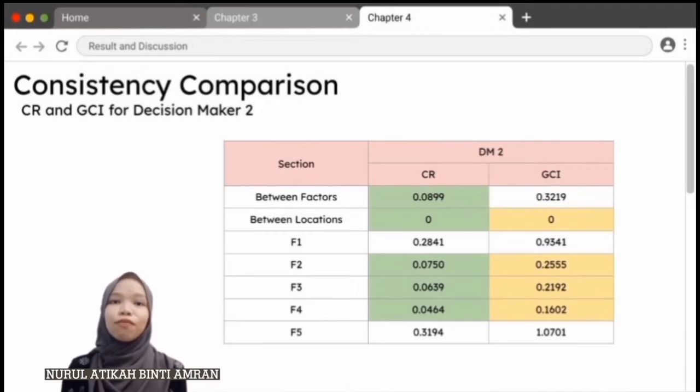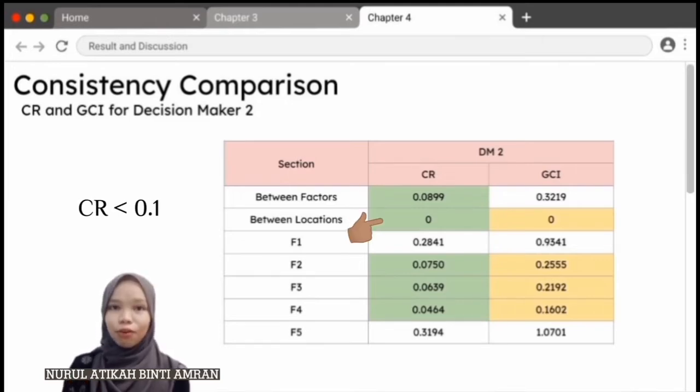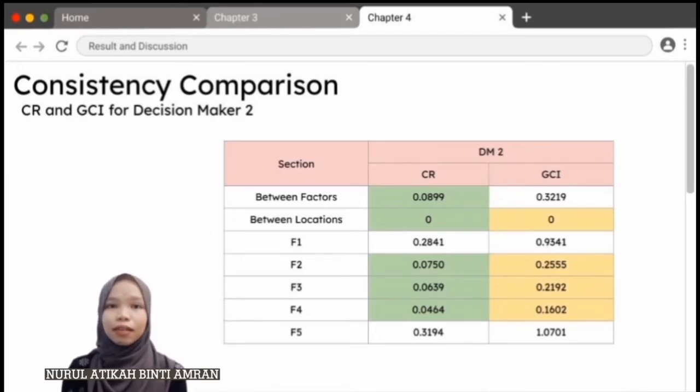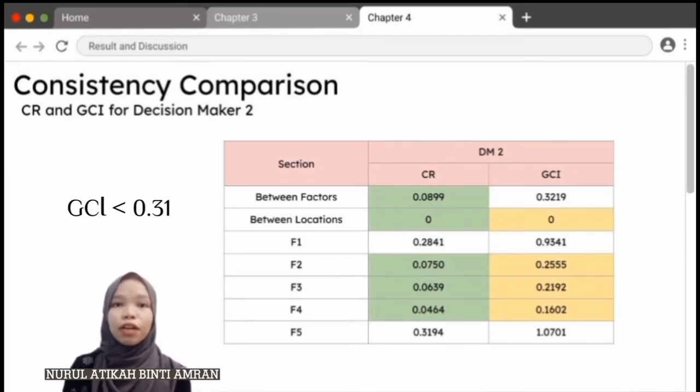Decision maker 2 has 5 CR values highlighted in green color that are less than the threshold of 0.1, which are 0.0899, 0, 0.075, 0.0639, and 0.0464. In comparison, highlighted in yellow color, the GCI values for decision maker 2 that lie below the threshold of 0.31 are 0, 0.2555,